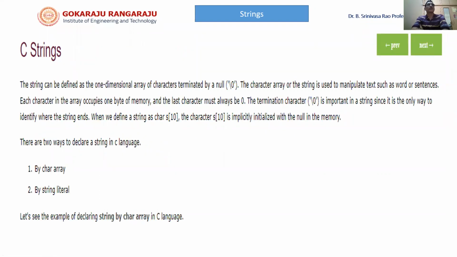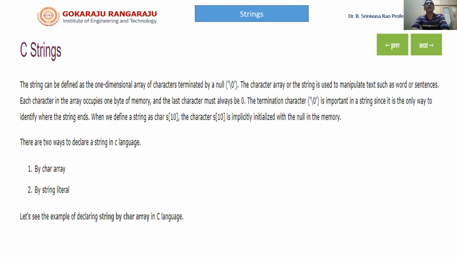First, let us talk about strings. The string can be defined as the one-dimensional array of characters terminated by a null character. The character array or the string is used to manipulate text such as a word or sentences. Each character in the array occupies 1 byte of memory and the last character must always be null. The termination character, null character, is important in a string since it is the only way to identify where the string ends. When we define a string as char s[10], the character array s[10] is implicitly initialized with the null